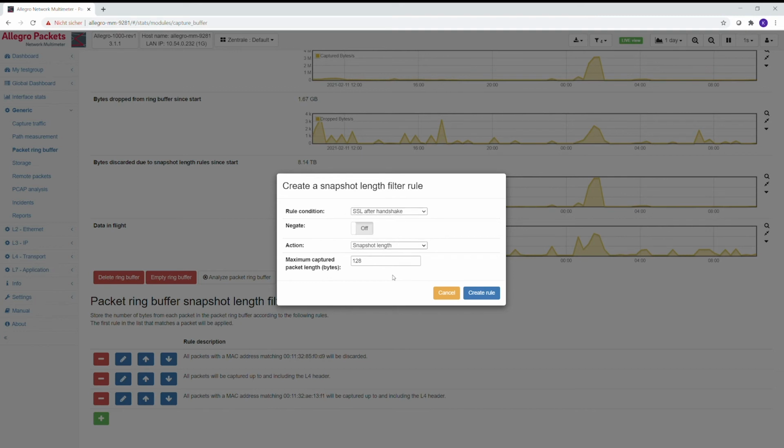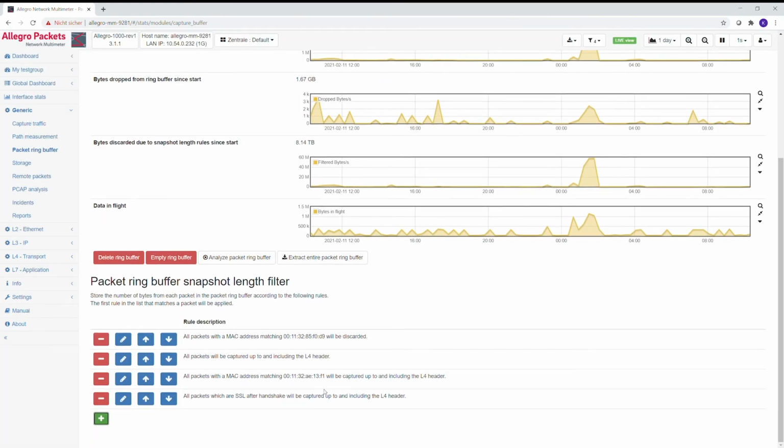So for example, what you can add as a very simple rule here is, whenever you see SSL and the handshake is done, please capture only layer 3 and layer 4. So you have the capture of the packets, you have the original packet size stored, everything, you have the TCP header in this case, but SSL packets, you don't capture them anymore. And this brings down the capture rate a lot. And because this works on our decoding engine, it works also on non-standard ports, it works on all kinds of SSL traffic, and helps improving the data there.